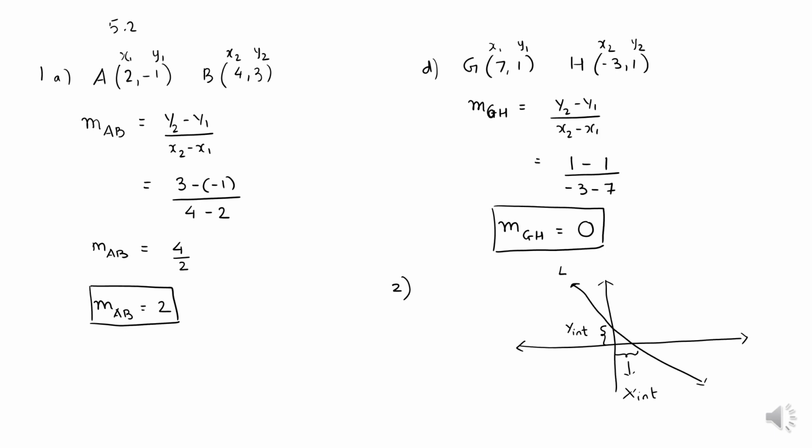So in question number 2, they have said that the x-intercept is 2 and the y-intercept is 3. If I say that the x-intercept is 2, that is this distance which I am shading is 2, then definitely this point A should have coordinates (2, 0) because it is lying on the x-axis. Similarly, this point B is lying on the y-axis and the y-intercept is given as 3. So it has to be (0, 3).